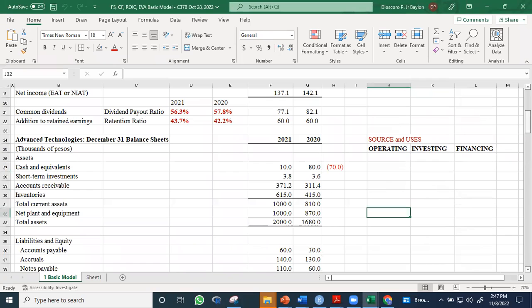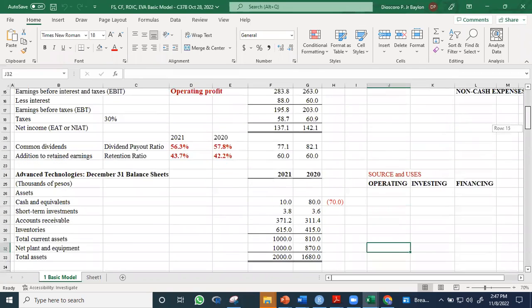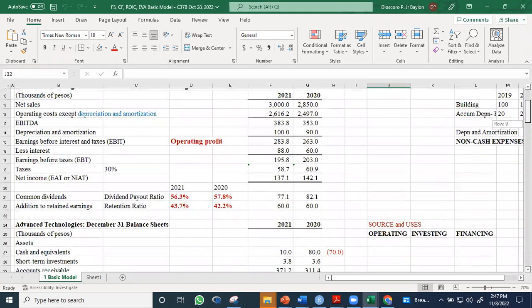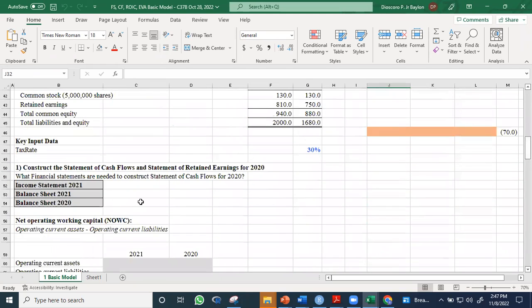Okay, so let's go back to our discussion. So we have the assets and we have the income statement. As to the question, what financial statements do we need in order to generate the statement of cash flows? I think we answered this last time, and we said we need the current income statement and the current balance sheet and the previous year balance sheet. So these are the three financial statements that we need in order to be able to construct the statement of